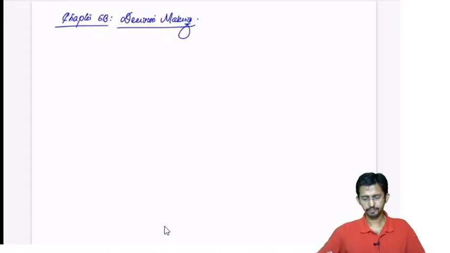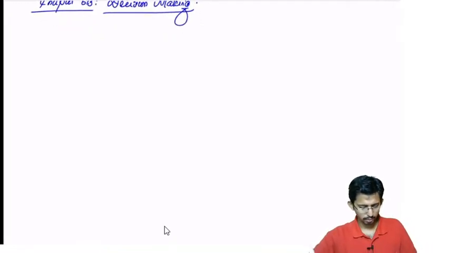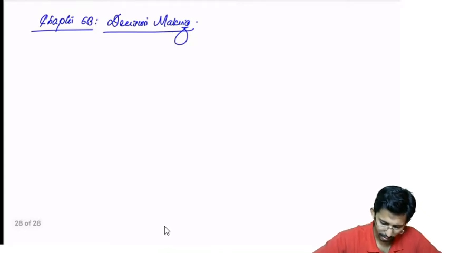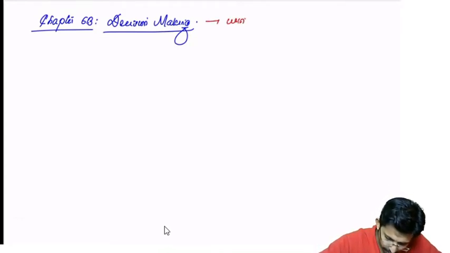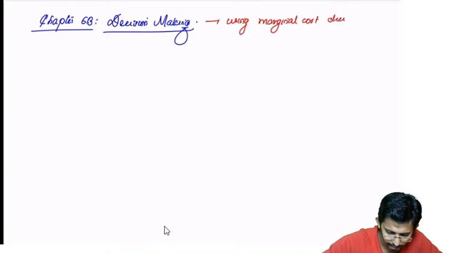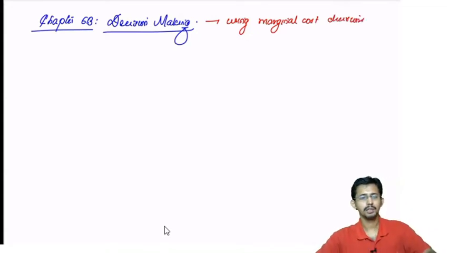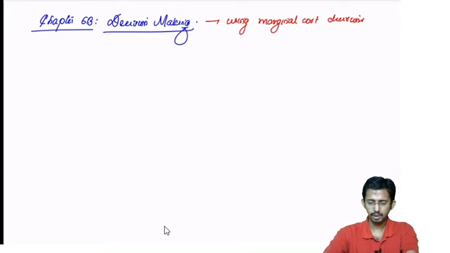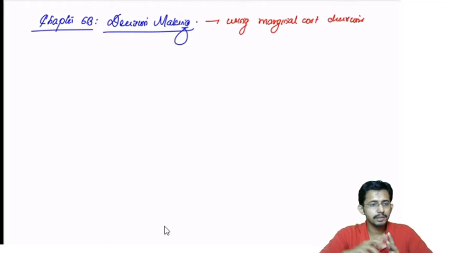Okay, we'll continue. Now, decision making using marginal cost decisions. Here what we are doing is we are applying the principles of marginal costing and CVP analysis to real time situations or real business situations to enable decision making based on such analysis. That is what we are doing in this decision making.